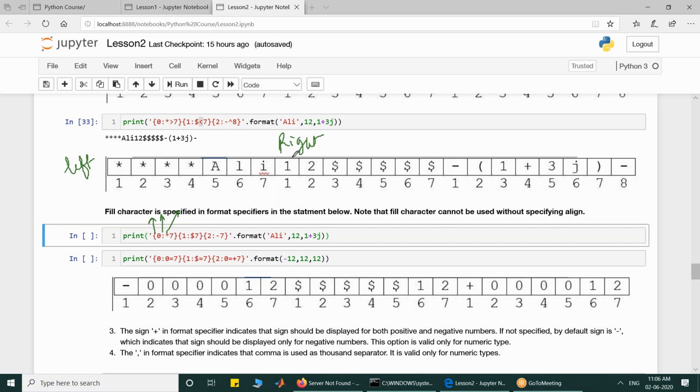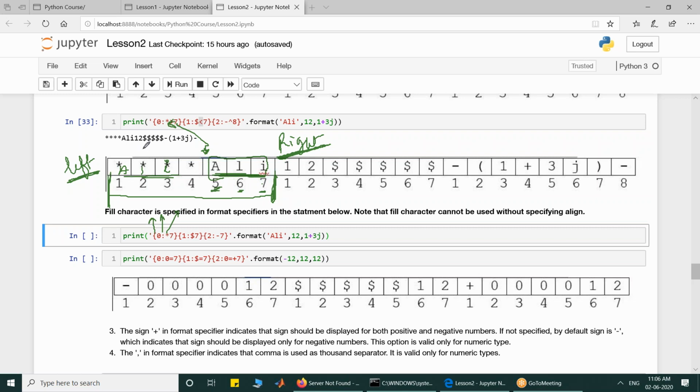I am right-handed, so the hand with which I am writing is my right hand. This is the size of field for Ali, 7. So Ali is right aligned, so it is aligned in these 7 spaces to the right. That's why it came on 5, 6, 7. If I make this less than, Ali will come here. Am I clear?